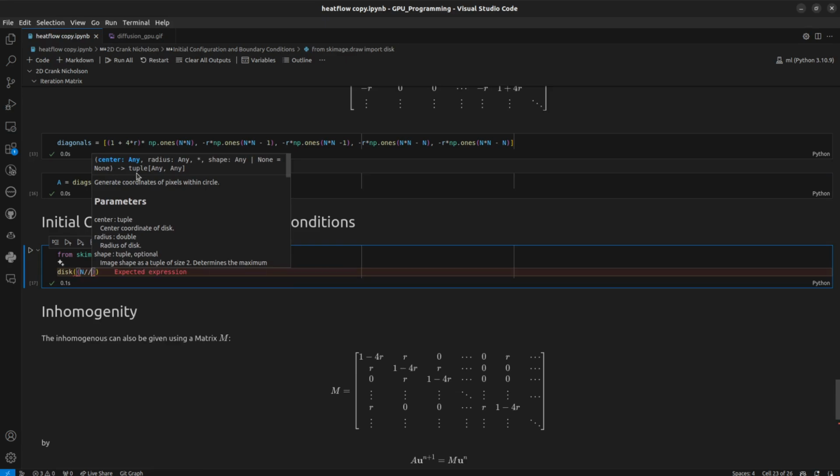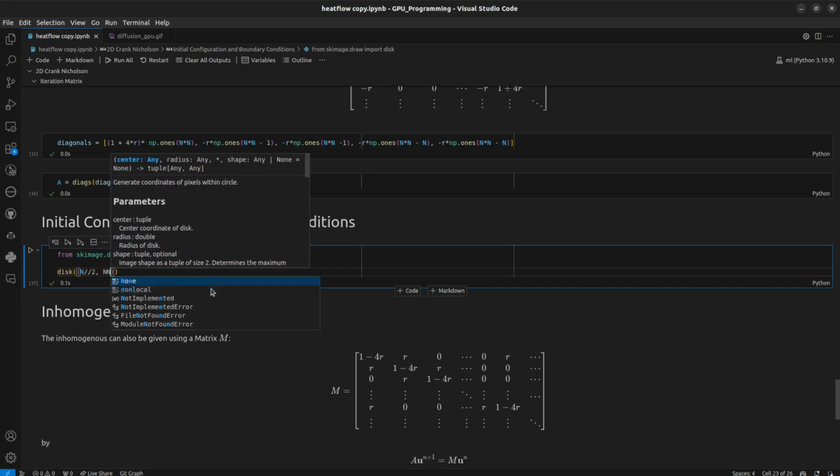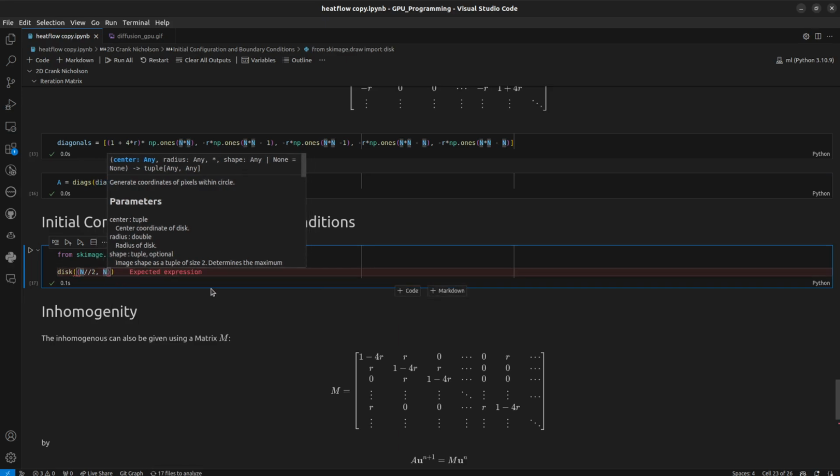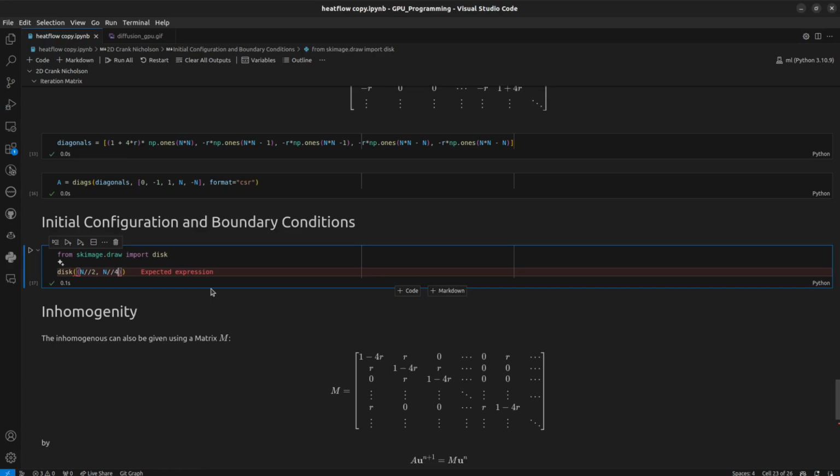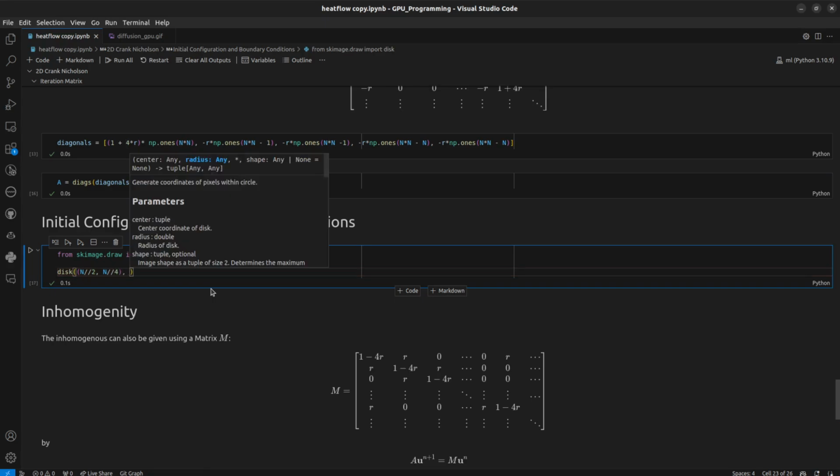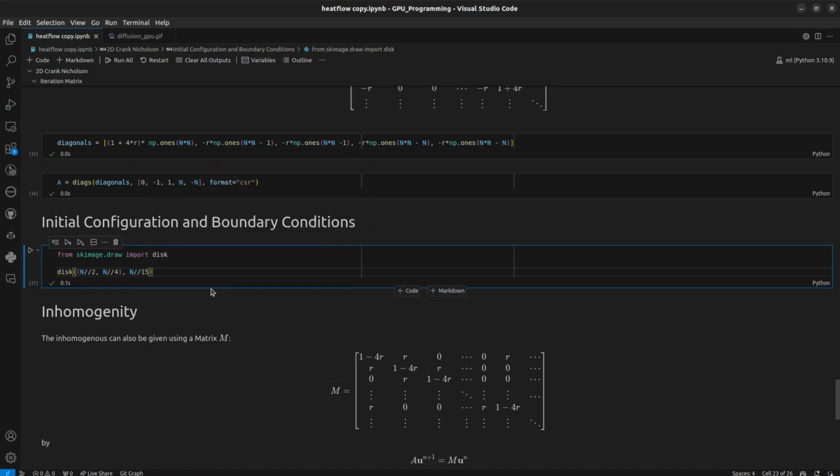Since we want our array indices to be integers, we need to use integer division to compute these. So we're going to place it in y in the middle and in x at 1/4. And the radius is going to be 1/15 to make it not too big. And this is going to give us a mask,